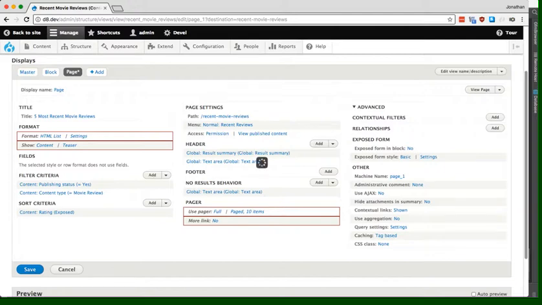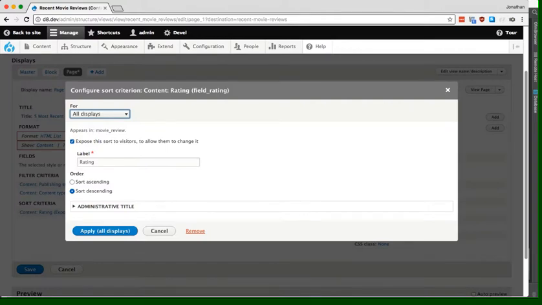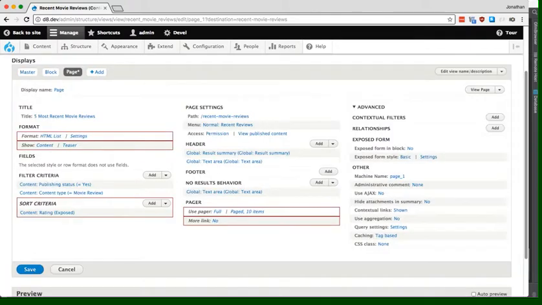So let me go ahead and edit this and set this setting for the sorts on the page will override the master in the block. Okay, that's fine for now. And I need to fix